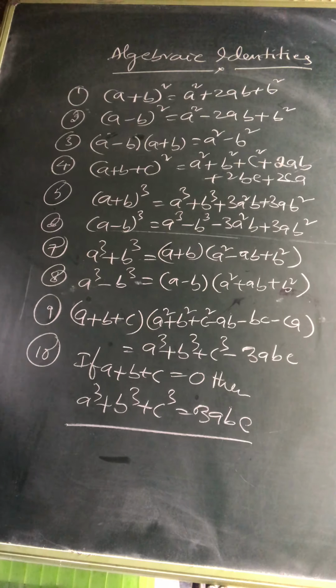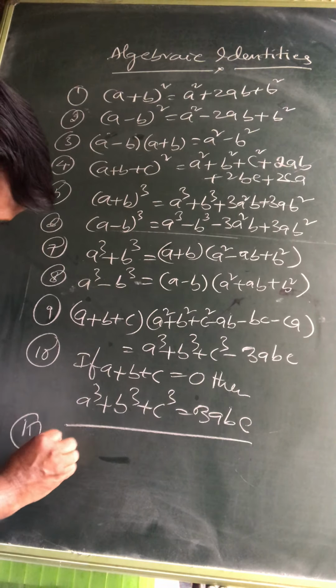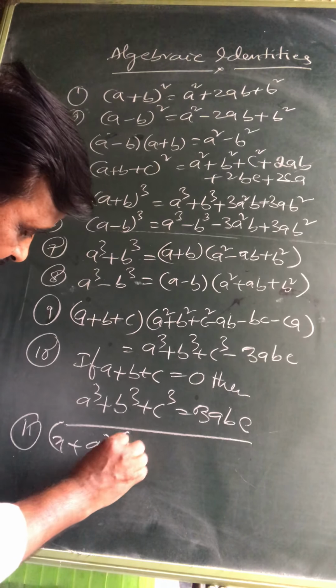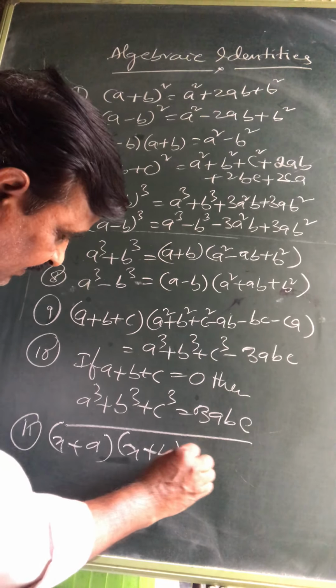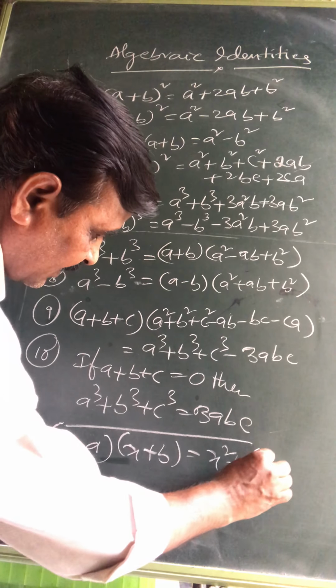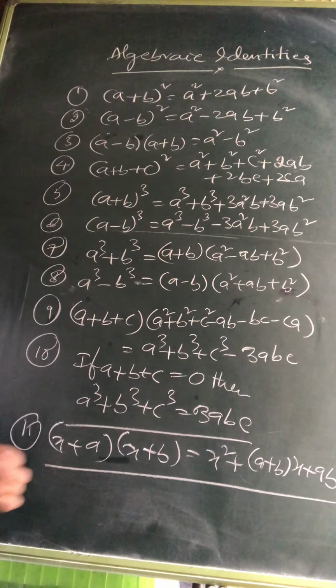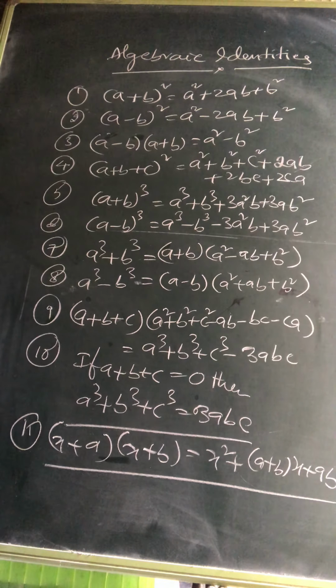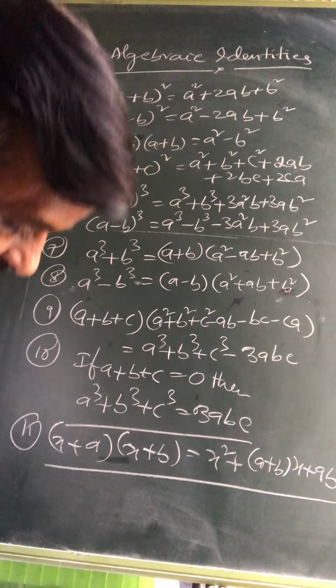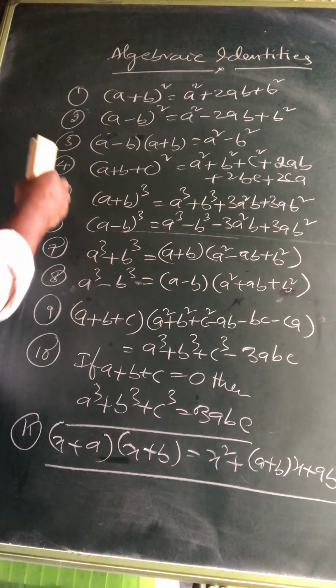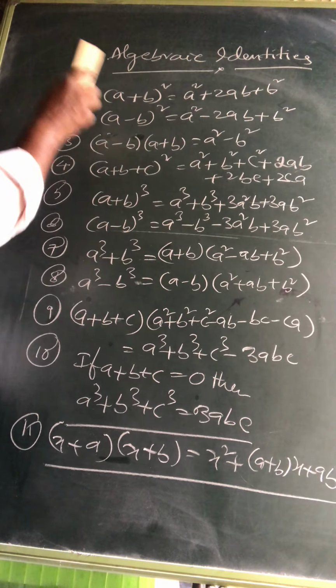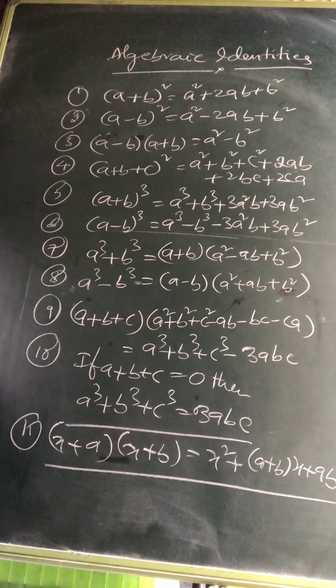And one more small one that you already learned: (x + a)(x + b) is equal to x square plus (a + b)x plus ab. You already learned this in 7th. He gave it again for revision purposes. Okay, you have to go through all these formulae. Please note them down in your notebook, and you also have to learn them perfectly.